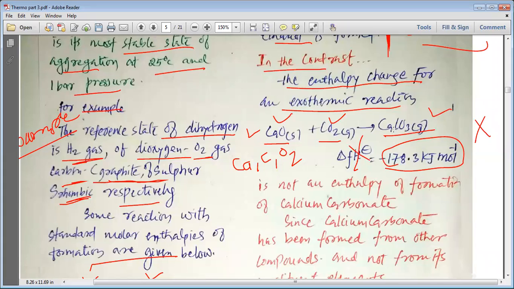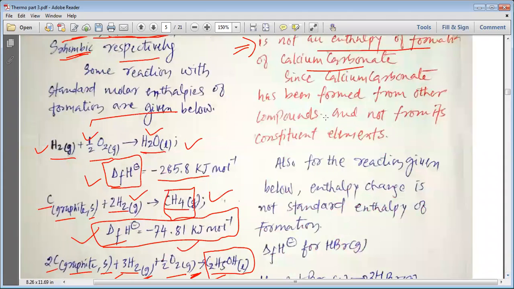So this is not the energy of formation of calcium carbonate, or whatever enthalpy change takes place during this reaction is not the enthalpy of formation of calcium carbonate. Please understand this. It is written here, it is not an enthalpy of formation of calcium carbonate, since the calcium carbonate has been formed from other compounds and not from its constituent elements. In the same way, my dear students,